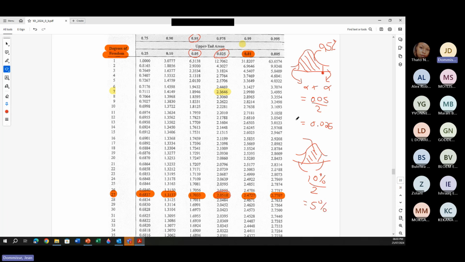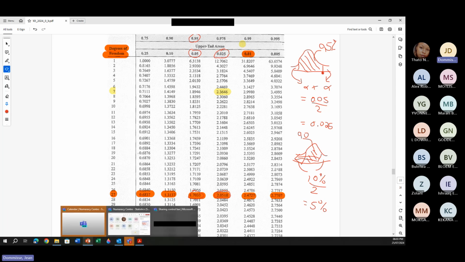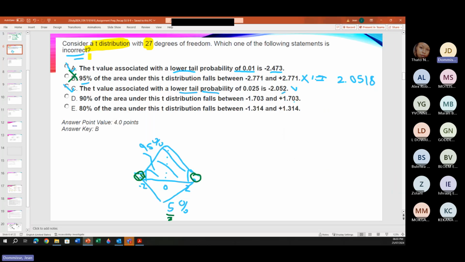So if we have 5% on each side, what we are then working with here is actually, if that was 90 plus a 5, we're working with 95. We are sitting with a 1,7033. So we will have a 1,703 on the positive, and then on the negative, we will have a negative 1,703. And then let's just look at the last one,